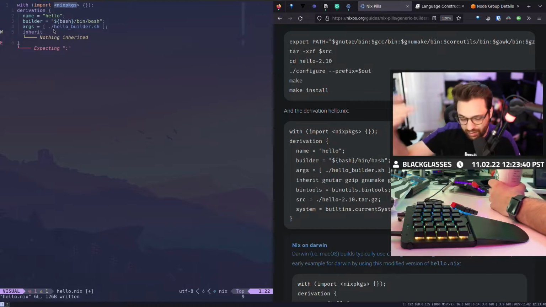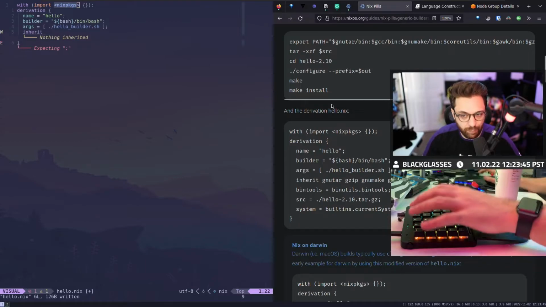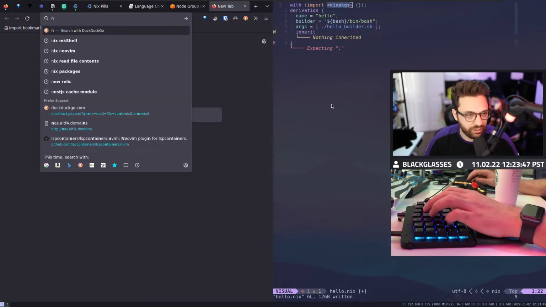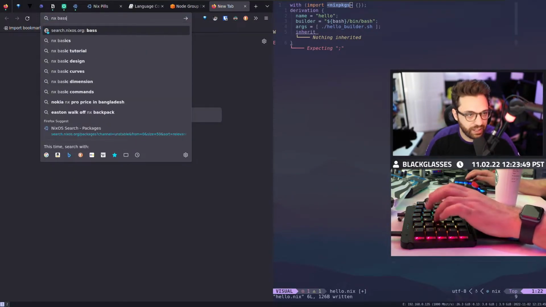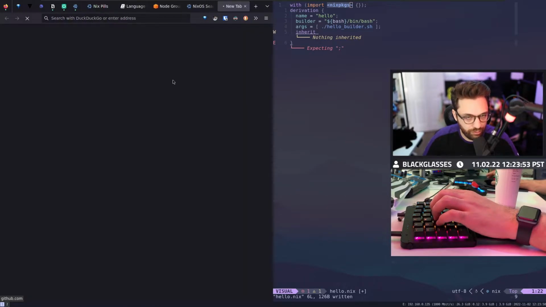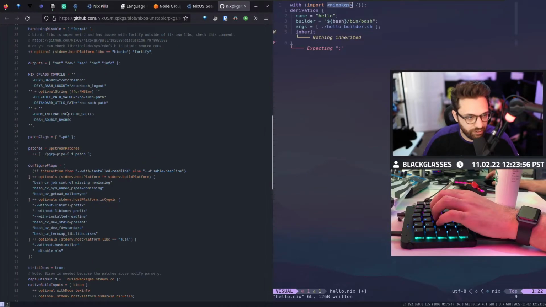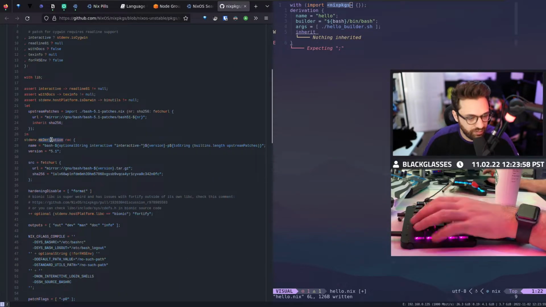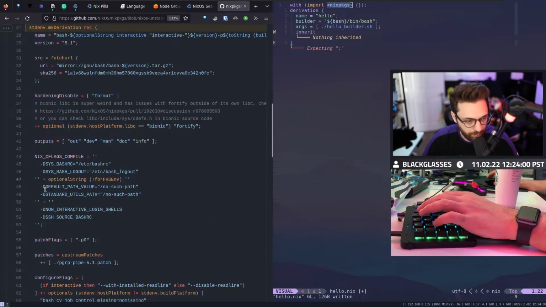And so as I said, if I need bash, bash is just a derivation. Look here, nixpkgs bash. Look, source. It's just a derivation. Make derivation, right here.